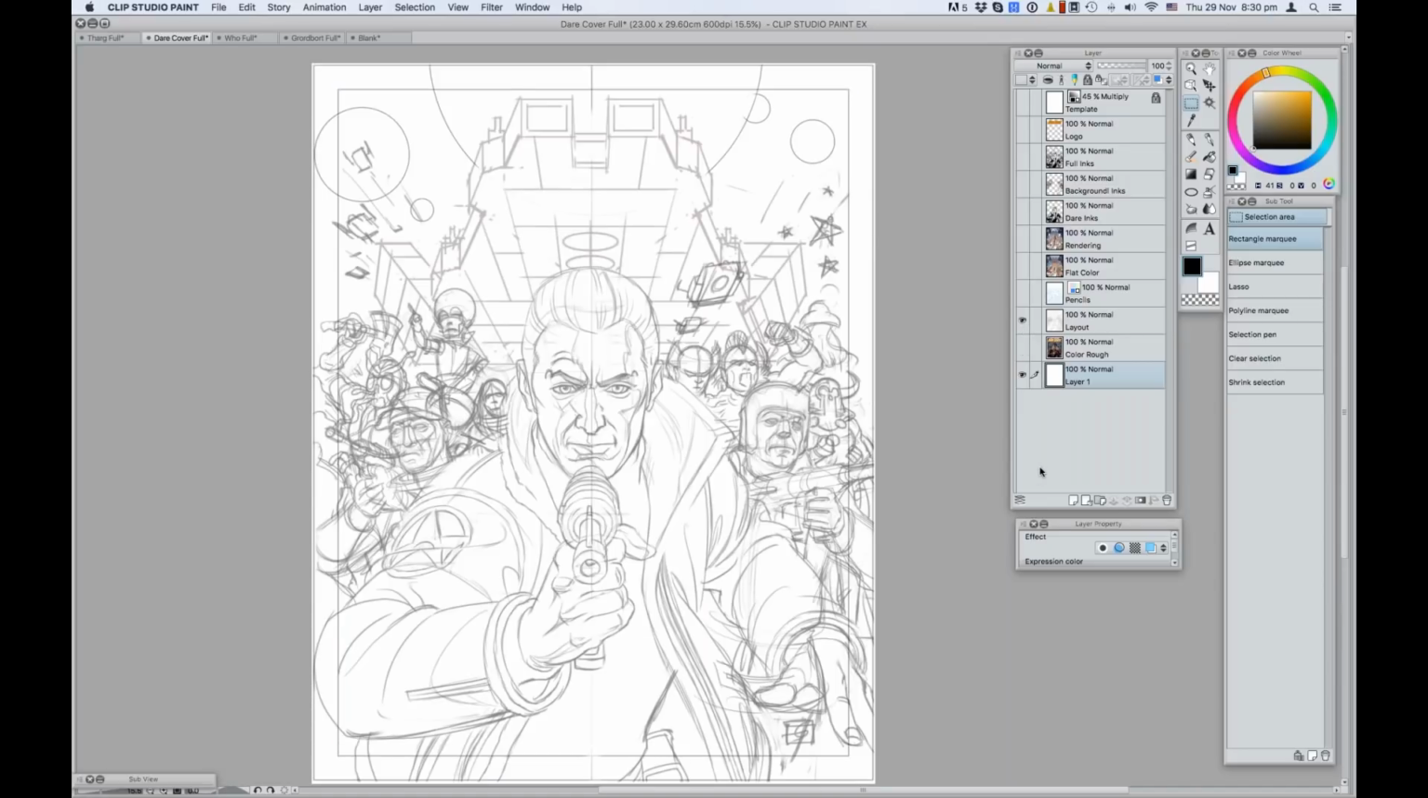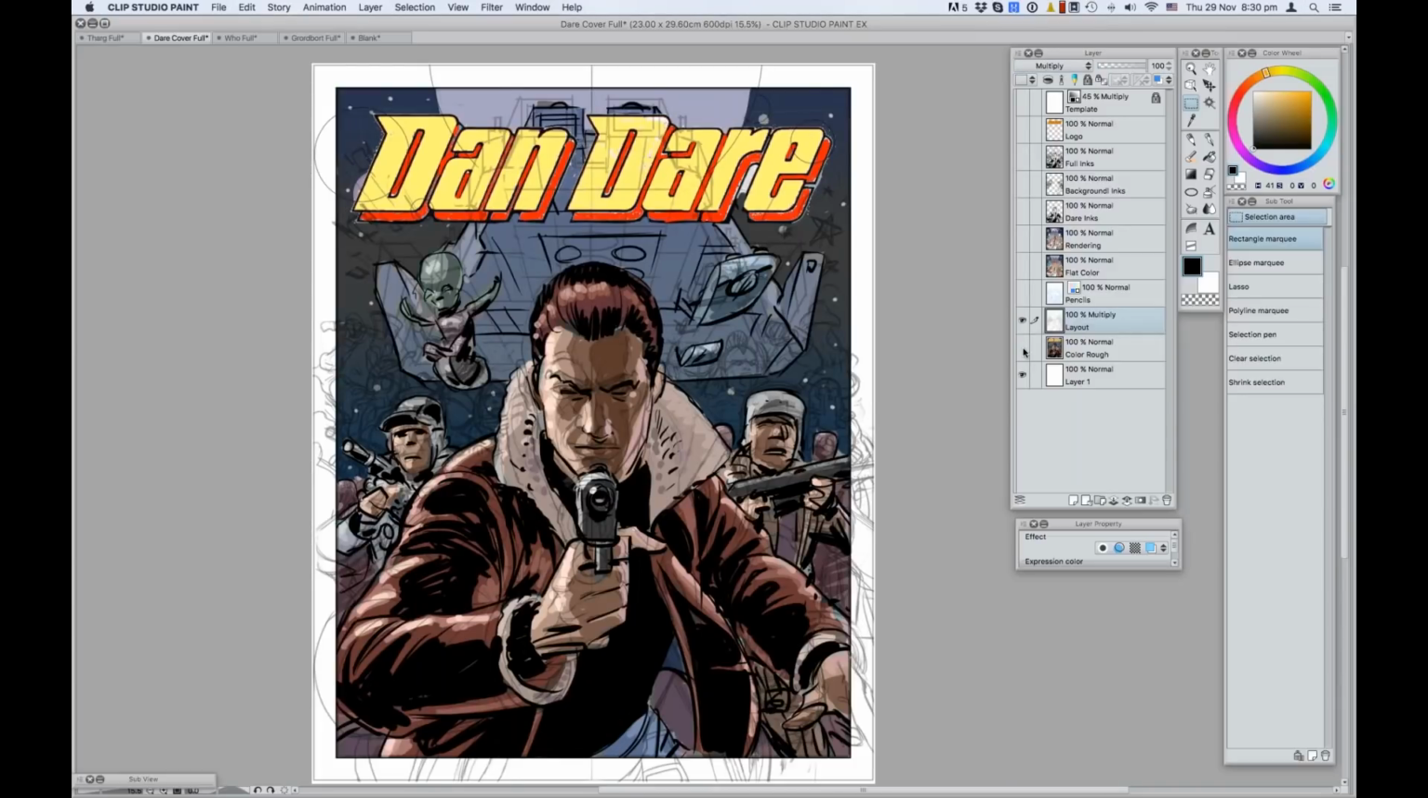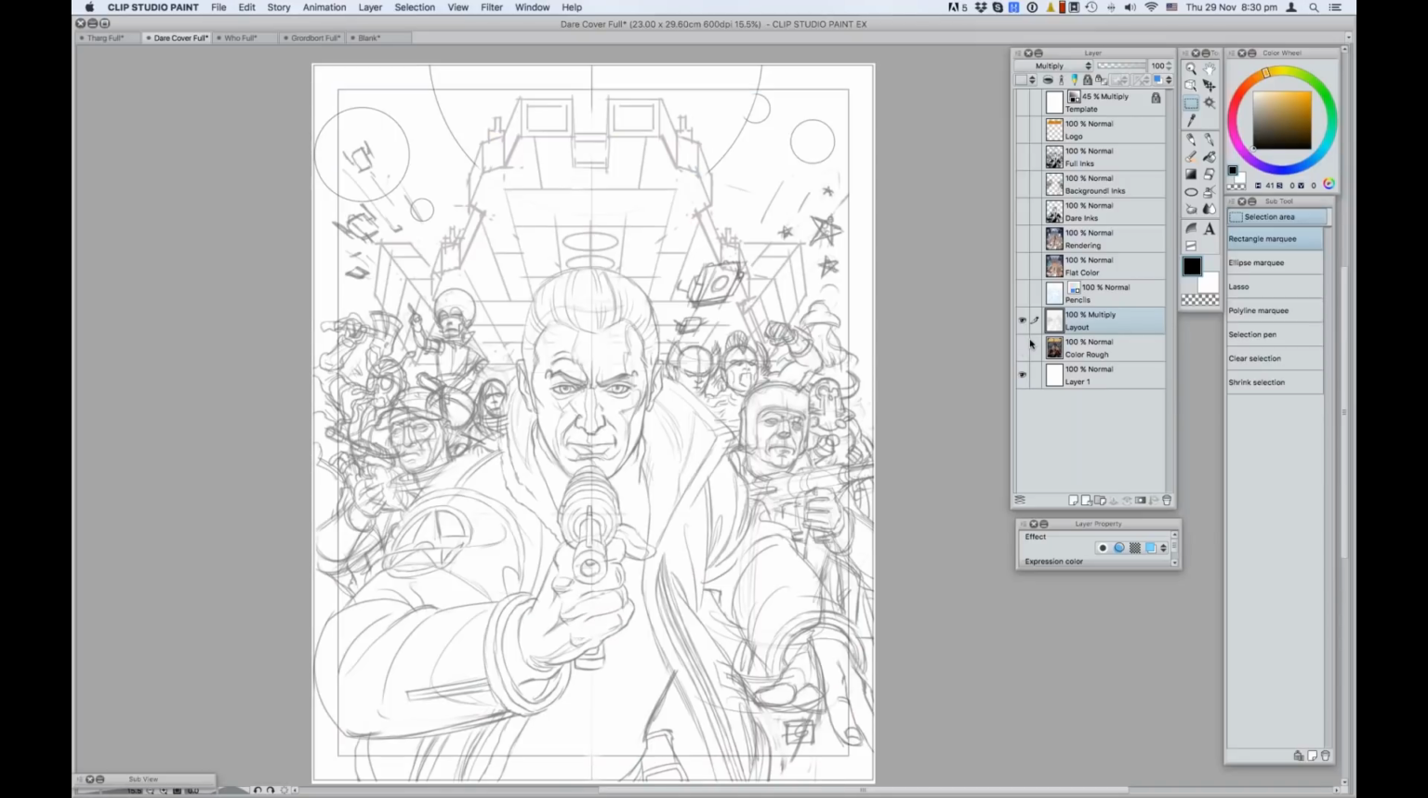This is what I've called the layout, which I essentially traced off the rough. I'll try and bring the color rough up again, if I can. You can see it quite closely follows the color rough. I've moved a few items around to clarify things. On top of the layout layer,